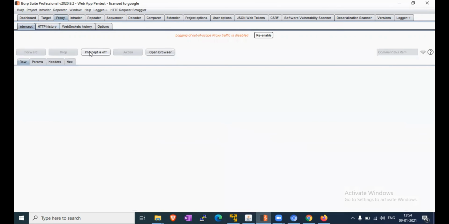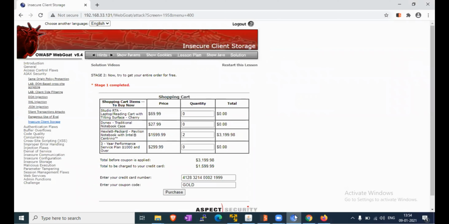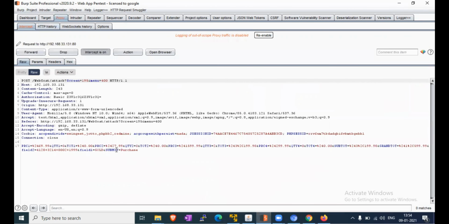So the proxy is on. Now we will click purchase again. Now we receive the request, and here we can check the grand total. We will modify that request to $0 here.